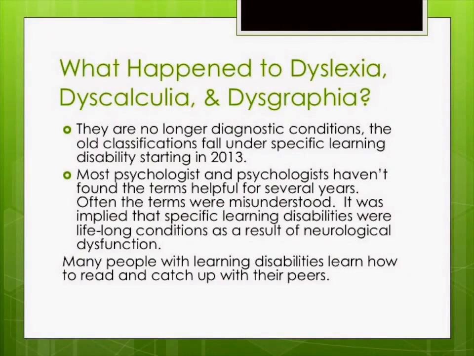Dyslexia, difficulty in reading, dyscalculia, difficulty with math, and dysgraphia, difficulty with handwriting, used to be seen as individual types of disabilities. They are not considered as such any longer. Learning disabilities is mostly seen as a syndrome that can include reading, math, handwriting, spelling, and written expression, in addition to other difficulties. Even though the terms are not used as often, you are likely to hear the term dyslexia.